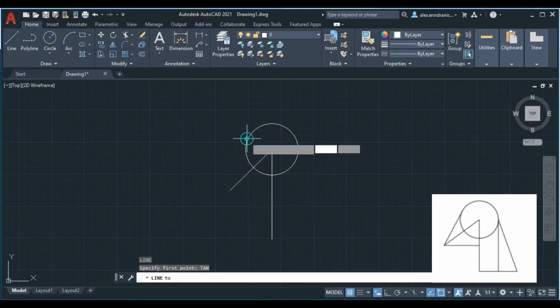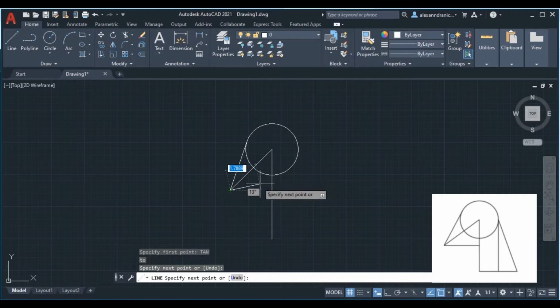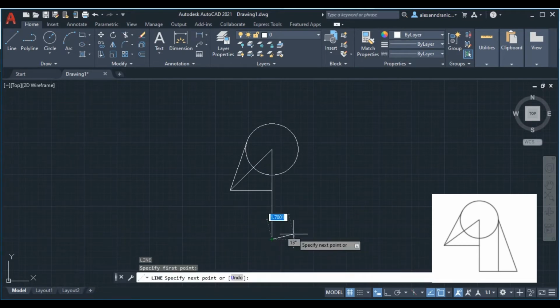After that, type L again, enter, then type tan, and we can just click here and connect it to the endpoint of the line. And then after that, connect it to the middle point, and then press escape. After pressing the escape, type L again, and from this point, type 2, enter,